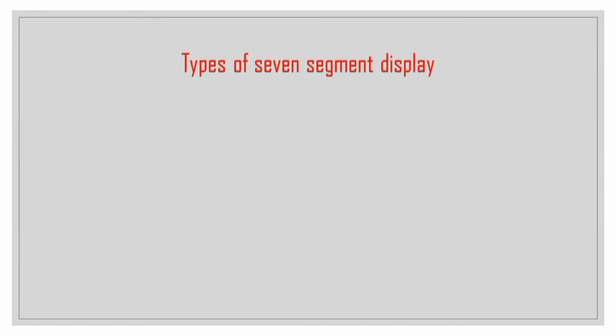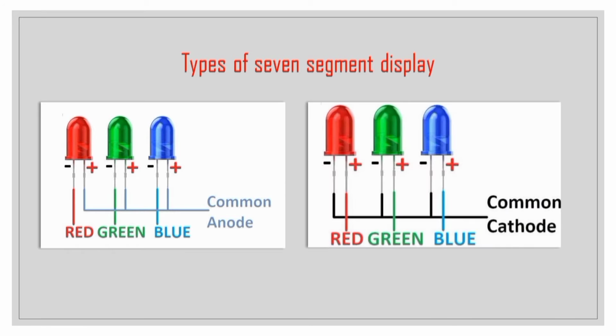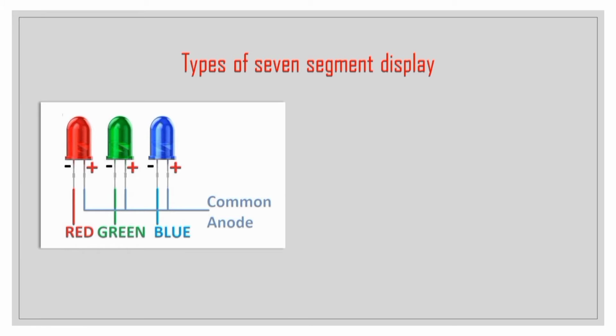So there are two types of 7 segment display configurations. First is common anode and another is common cathode. In the common anode, the positive end of the LED will be connected to plus 5 volt or VCC, and the negative is handled by us, that we have to provide the logic 0 so that the LED will glow. This is the logic behind the common anode.